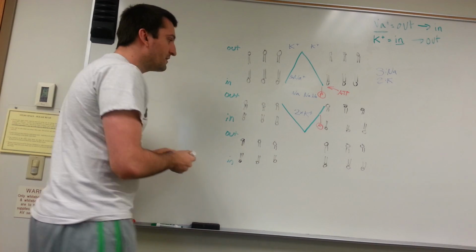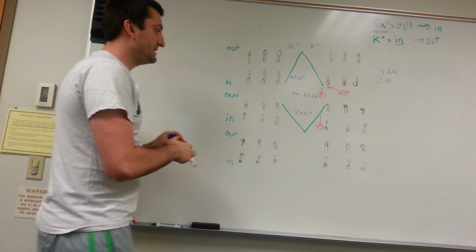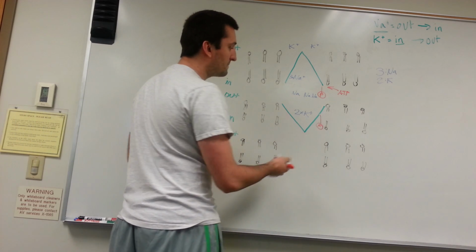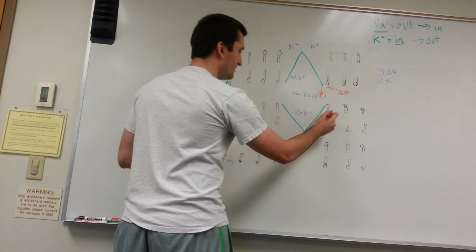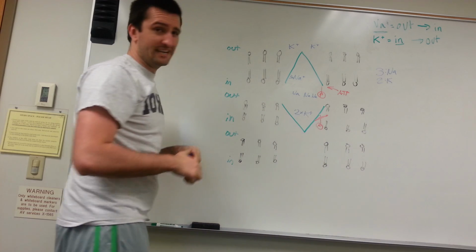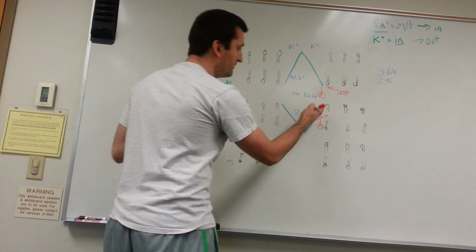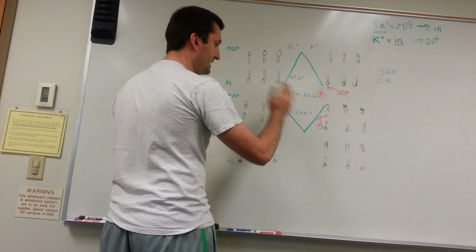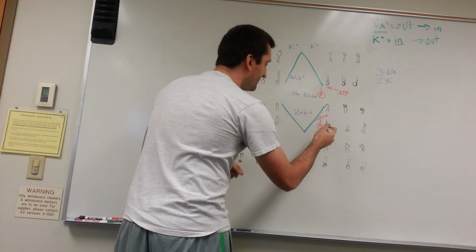When we remove this phosphate group, when we dephosphorylate the sodium-potassium pump, so if we cleave that bond, phosphates are just energy bonds. So if we remove the energy from that bond, when we cleave off the phosphate, our phosphate will leave,